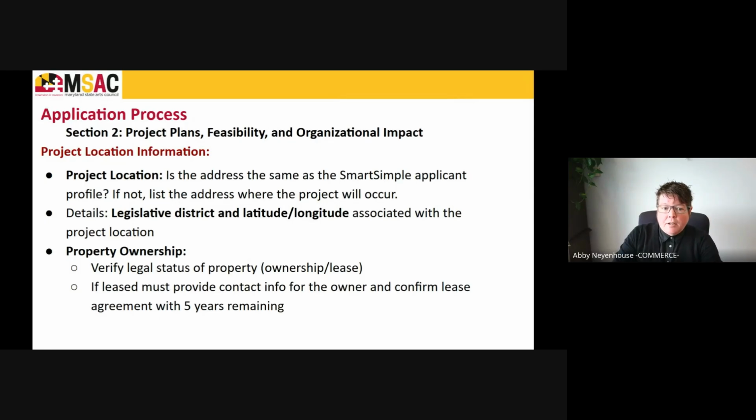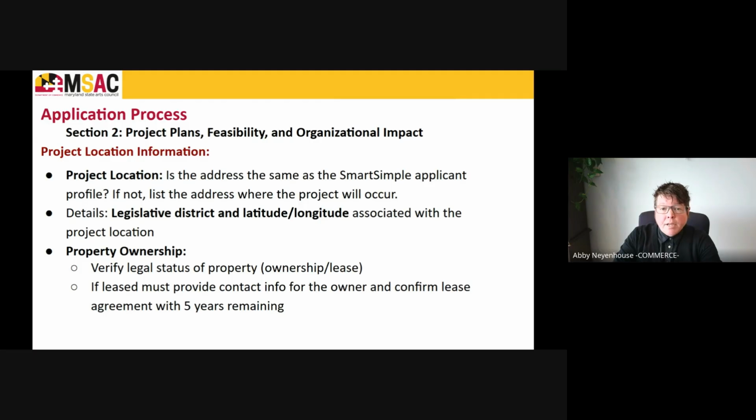Next, we have section 2, where we're talking more about your actual project and the feasibility and the eventual organizational impact of what your completed project will do. Starting with the logistics of your location, we're going to ask where the project is located, not where your organization is located.